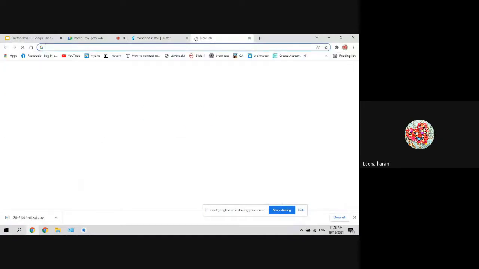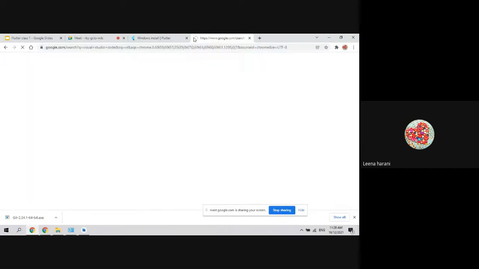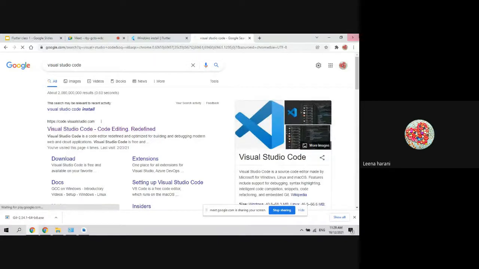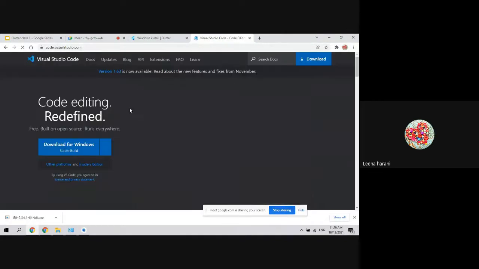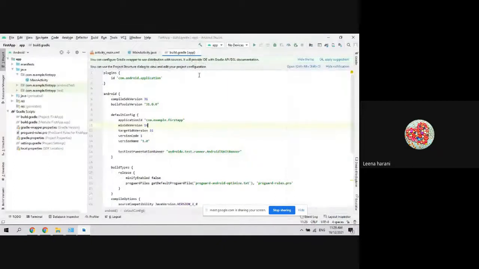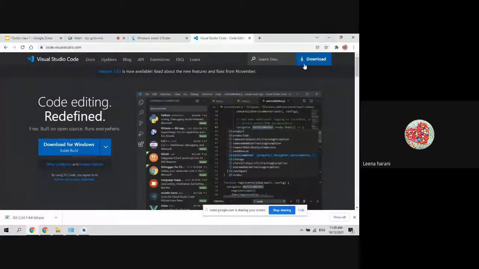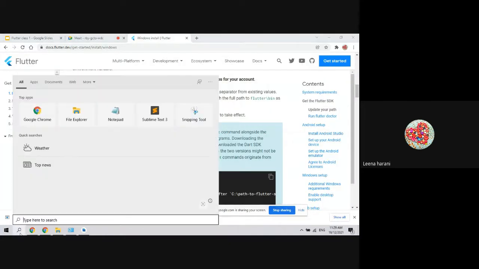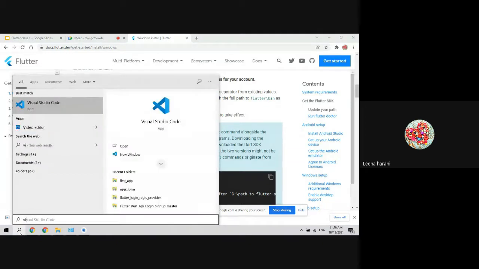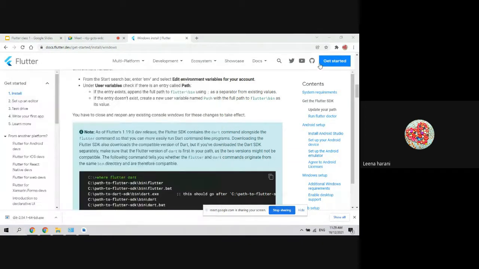One thing you need to install is Visual Studio Code. I prefer Visual Studio Code, but you can also open up your application in Android Studio and run the application through this. But I prefer Visual Studio Code. So you can download Visual Studio Code from here. It will automatically download the suitable version for your machine. You can open the Visual Studio Code